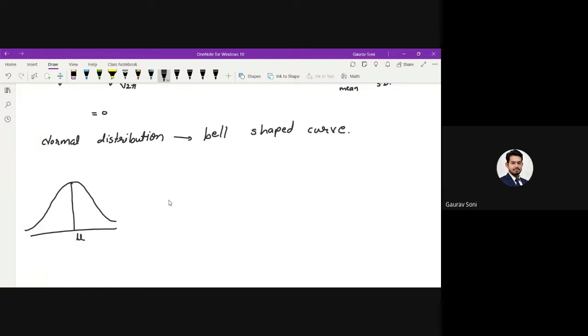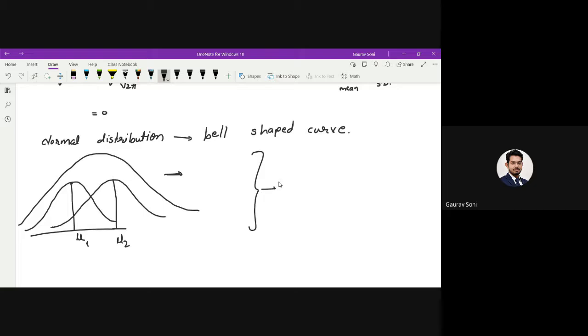And then once we have defined all this, we saw that we can shift this. A normal distribution curve can be anywhere in the space, right? So this can be mu 1, this is mu 2, and this is some other data which also follows the normal distribution. The curve can be a big one also. It is also a bell-shaped curve. So to make everything uniform, what we did was we shifted the origin.